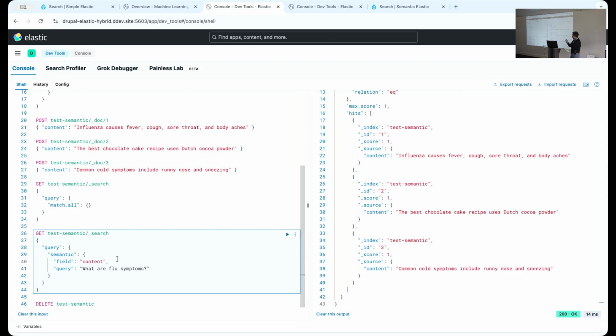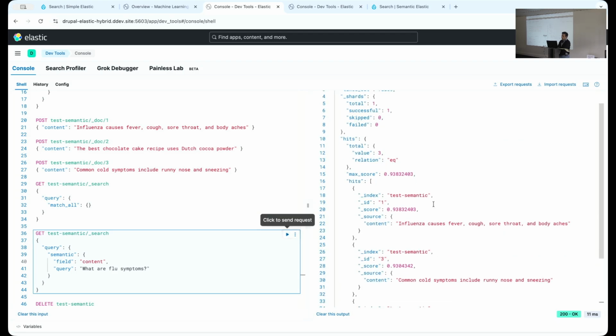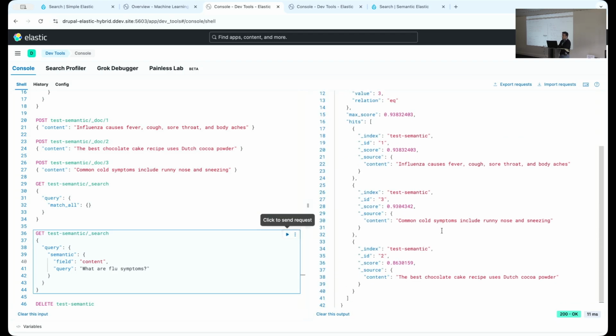Based on this content, we are expecting to not get the best chocolate cake first. That's for sure. If we get the best chocolate first, the semantic search did not work. So if we run that, indeed we get the best chocolate at the end with all the related scores. By the way, it's also nice to explain here that this score is not how related it is. So the 93 here doesn't mean that this one is 93% closer to what are flu symptoms, it's just a ranking system.